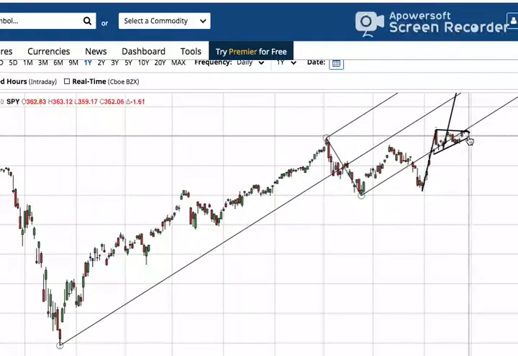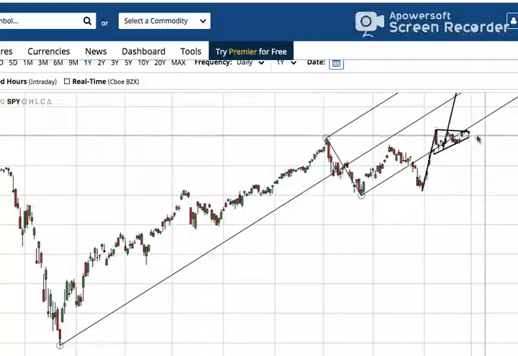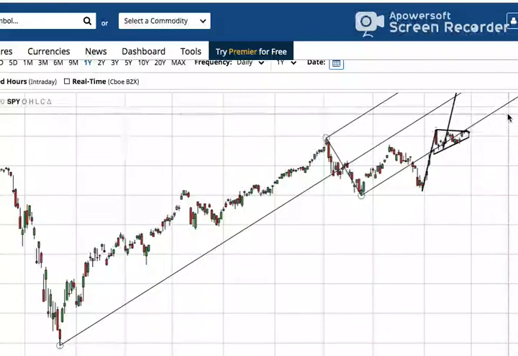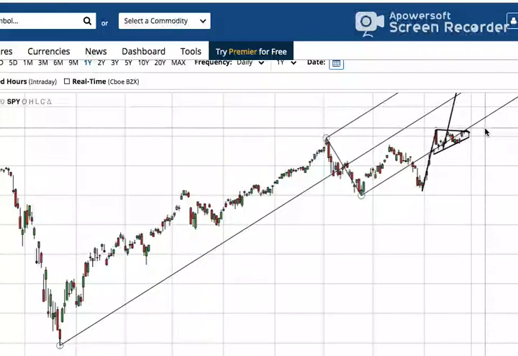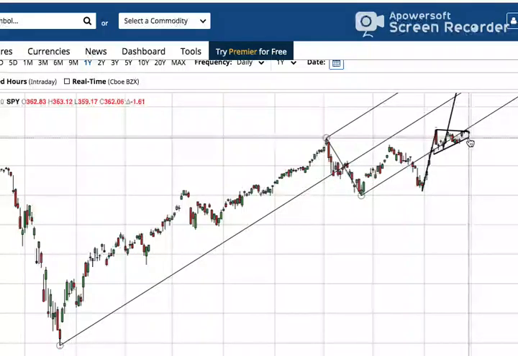So a wick on a daily candle is always a sign that whatever the dumb money did in the morning, the big money, or the institutional money that trades the close, was able to completely wash away. So this is a nice sign of institutional strength. This is a nice sign of a bottoming pattern. This doji candle right here with this long wick.